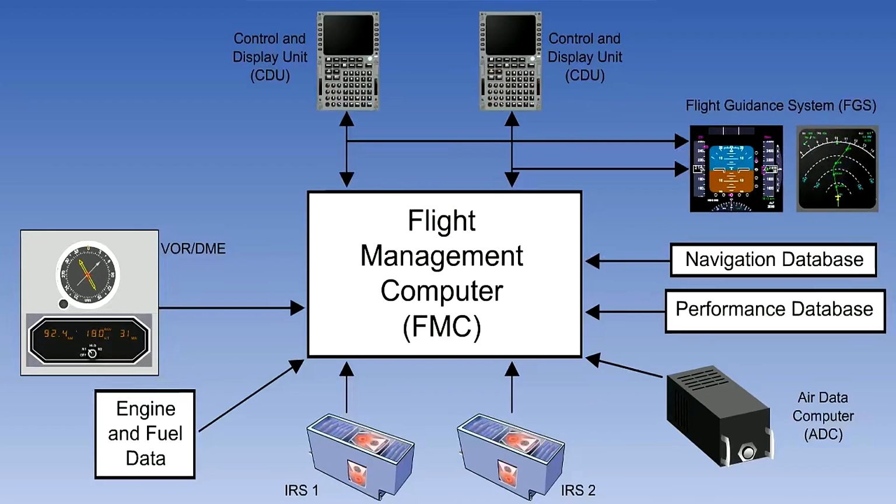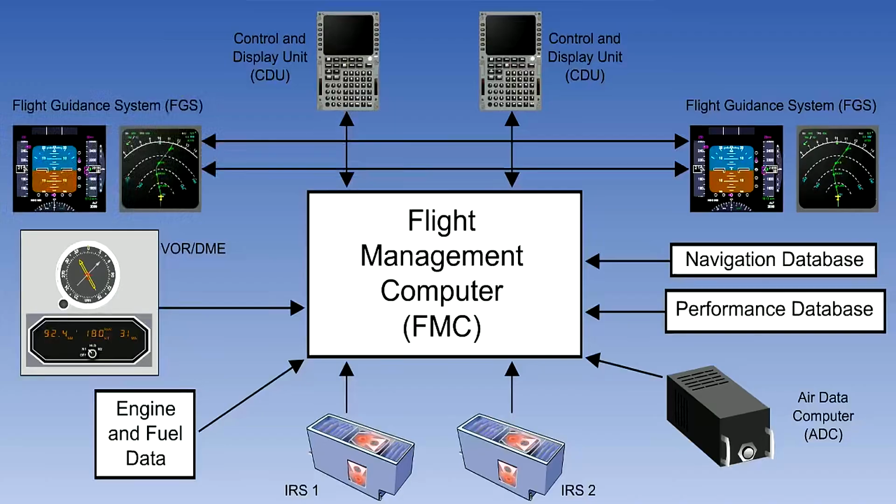The pilots manage this system in order to generate commands to the flight guidance system. This is a generic term which can either mean the flight director display on the electronic flight instrument system or can mean the autopilot. This is the layout of an early model of the FMS fitted to the Boeing 737-400. And although it did not have GPS, it was very similar to our basic model.